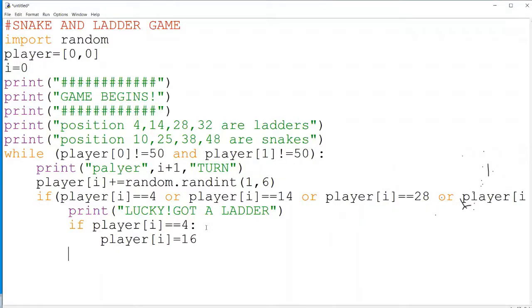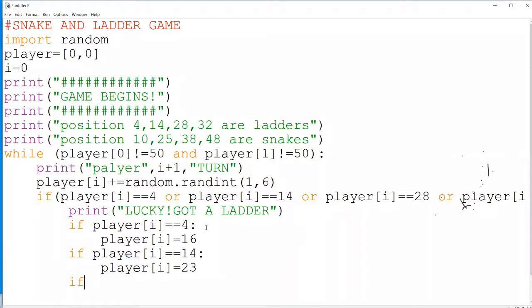Similarly, if he got a ladder at position, player of i, suppose he is at the position something like 14. From 14 I wanted to move him to something like 23. These are all my choices, so you can take any positions. So from this position, I'm giving you 23.